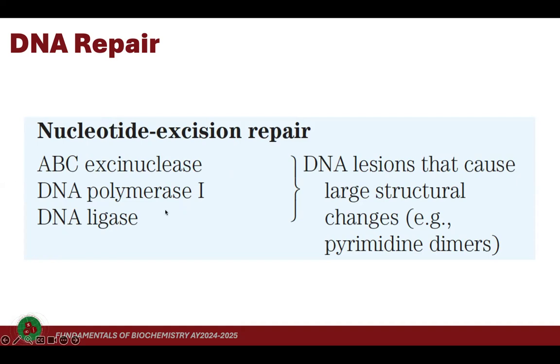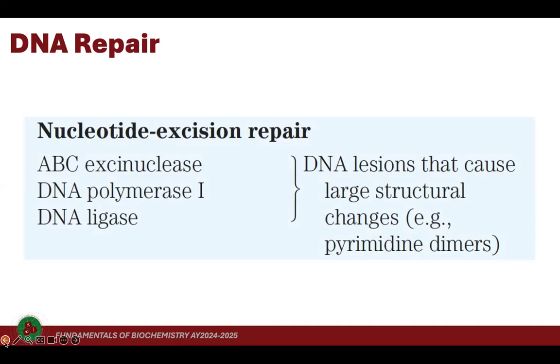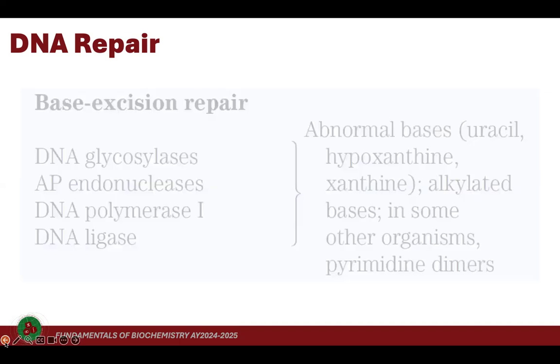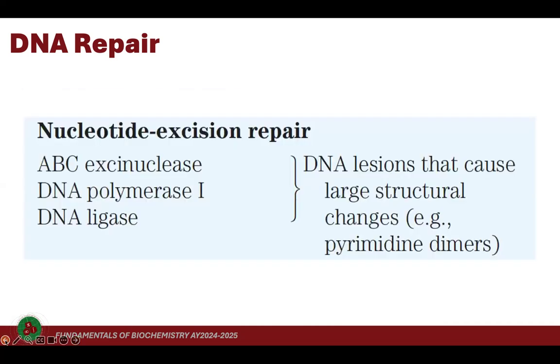So you have there nucleotide excision repair. Then we have direct repair. So any other type of damage not mentioned is addressed by direct repair, such as your thymine dimers, for example. So thymine dimers can be directly addressed by your so-called DNA photolyases. So we will go through each of these repair mechanisms one by one, starting with